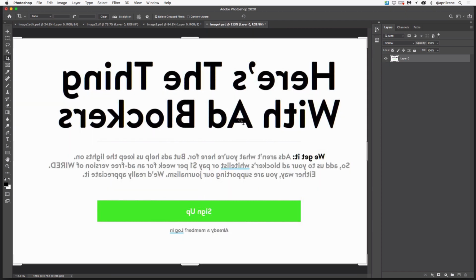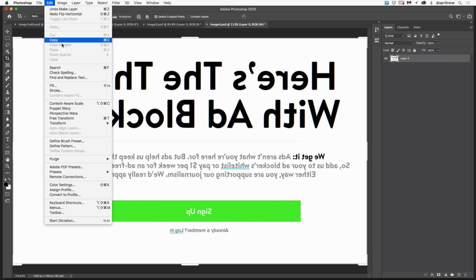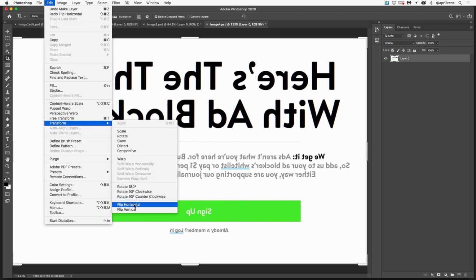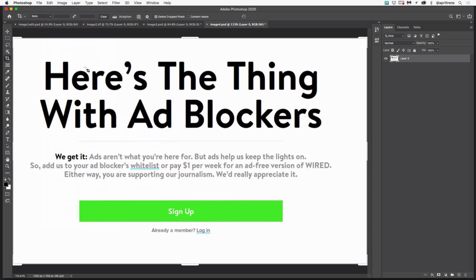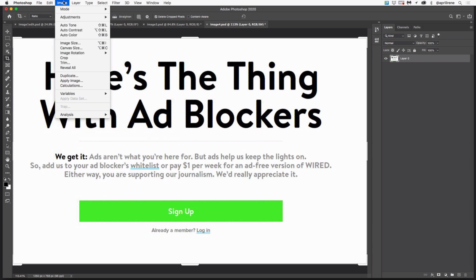Once you get to image 4, again, there's text in the image. You need to flip it. So I go to Edit, Transform, Flip Horizontal. It's ready to resize. The assignment description says 1200 pixels on the longest side. Longest side, this is a horizontal image, so it's width. And at a resolution of 220 for a high-res or retina display. So I go up to Image, Image Size,